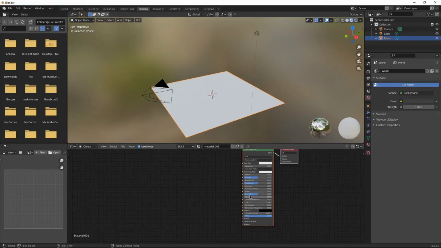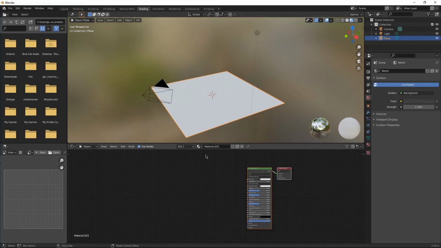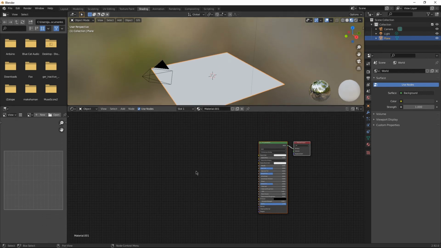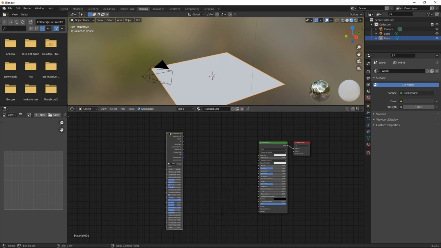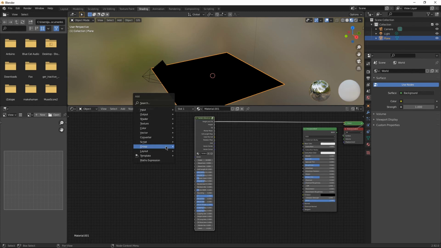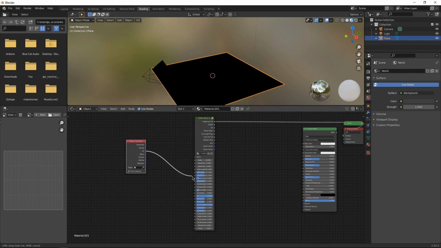I plan on doing this in a little more detail in another video, but just real quick, if you don't want to use the pre-made material and instead want to use the node groups on their own, once you have appended that material, when you go to Shift-A, Add, you can go to Group here and you'll have all of them. Nettles Wooden Brick Maker is the tile generator. You'll see it doesn't do a thing. It's because it needs a texture coordinate. You can use UVs or generated,